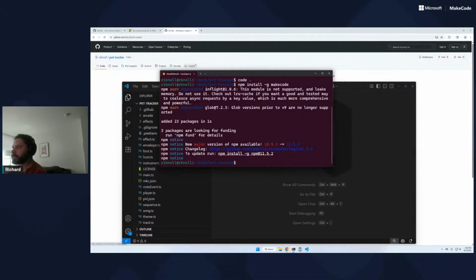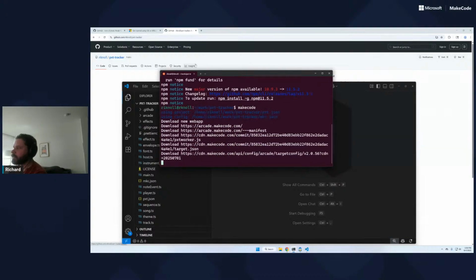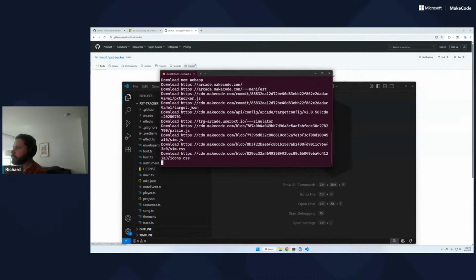Now, if you're doing npm install -g, you may have to enter your password depending on your operating system, or do an admin prompt if you're on Windows or something like that. I've already done sudo, so that's why I didn't have to do it here. But all right, so we should now be able to run MakeCode, and this is going to go ahead and